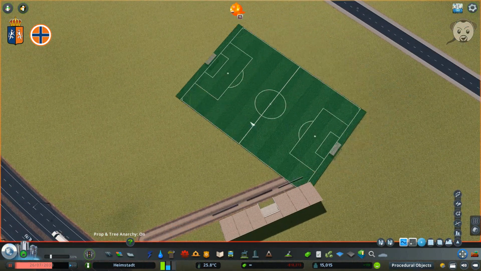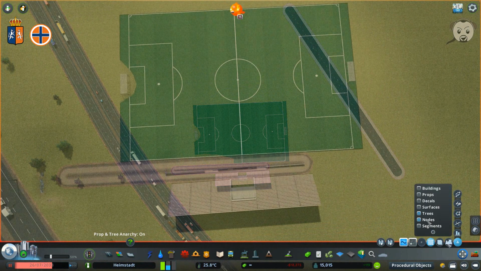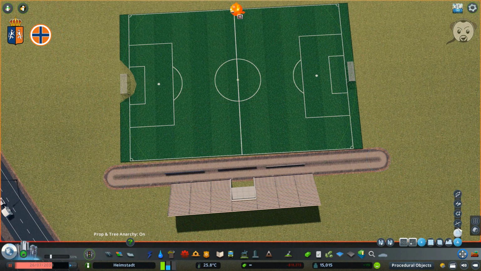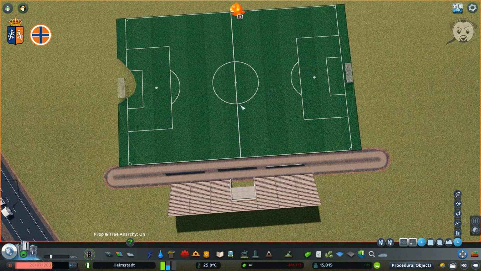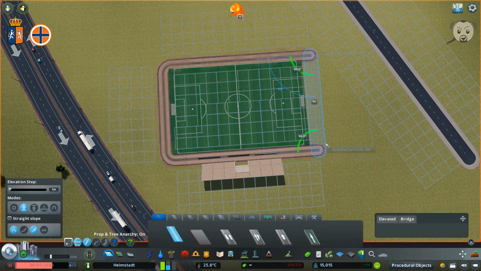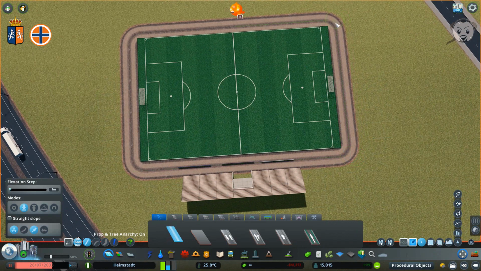Now let's place the football field in front of the stands. I use the road in front to align the rotation of the field. I decided not to use the field with the tracks around it, otherwise the stadium would be even larger than it will be now. I surround the field with roads, so all the stands around it will have the same